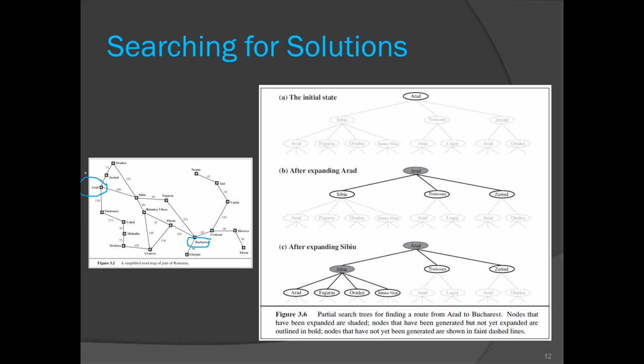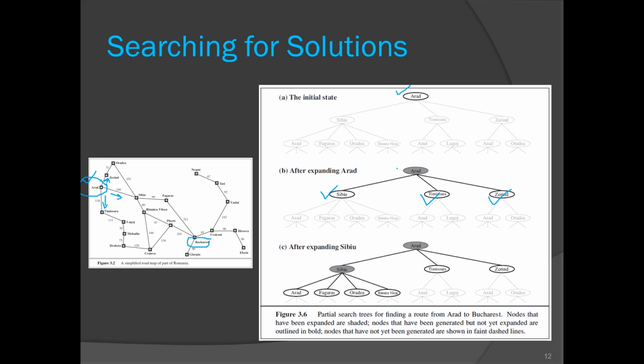So what will be our initial state? Our agent will be in Arad, that is my initial state. So our Arad will be our root node. Now here at first step we'll expand this Arad, and these 3 children are generated. So from Arad 3 actions are possible. Either we can go to this Timisoara city or Sibiu city or this Zerind city. These 3 actions are possible.